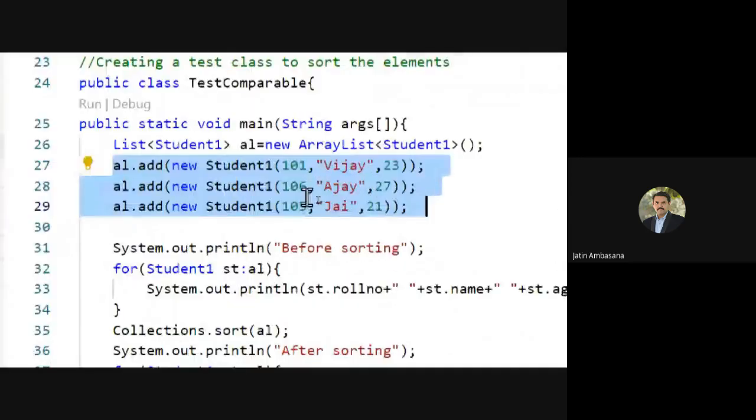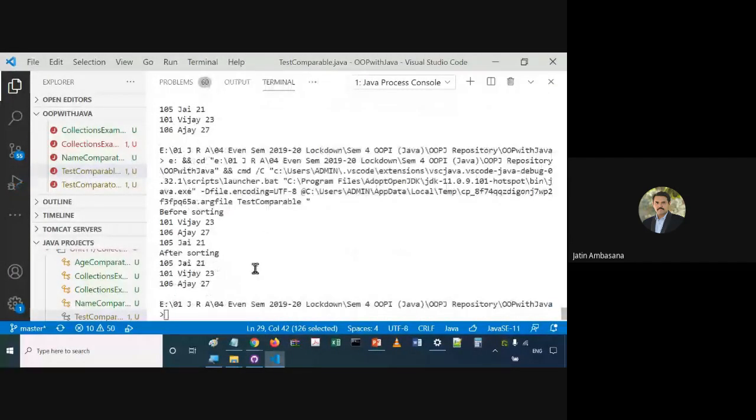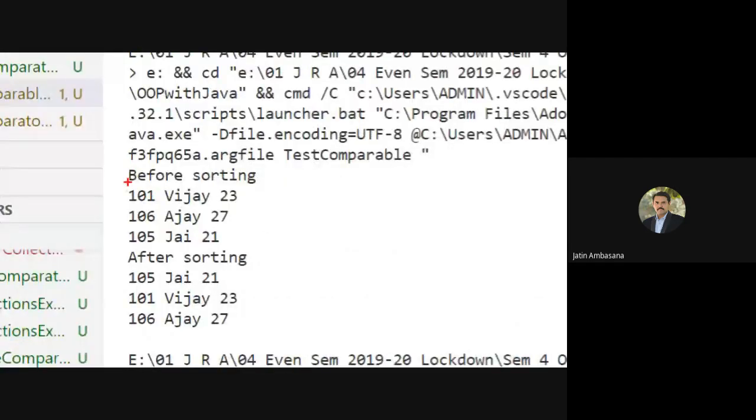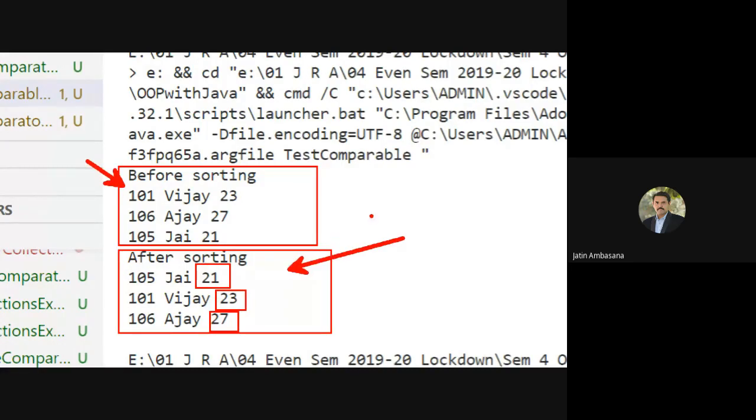Yes, you can see that's the order we had added: 101, 6, and 5. This is the list before sorting. Once we sort it, you can see it has been sorted according to the age. This was the insertion order, and this is the sorted order.